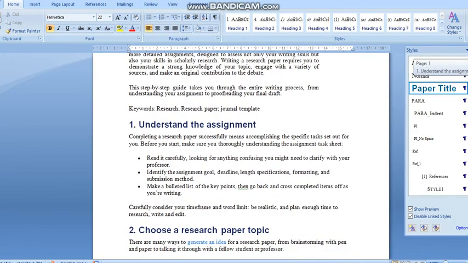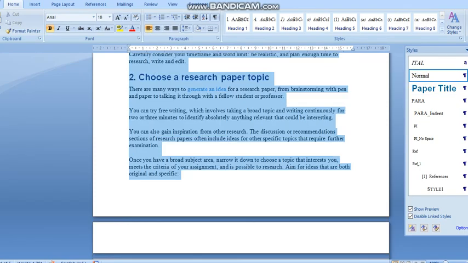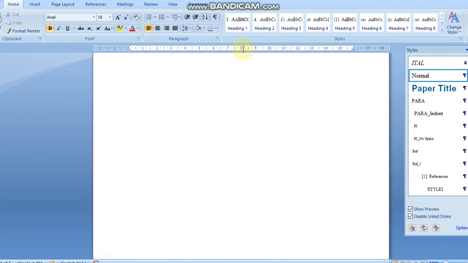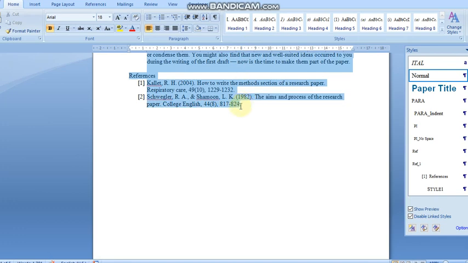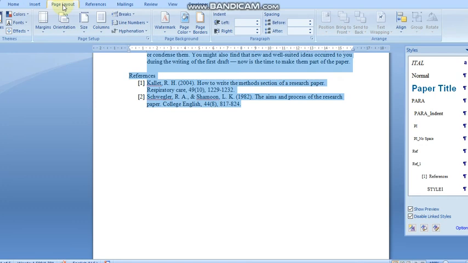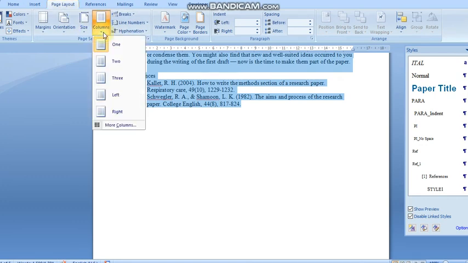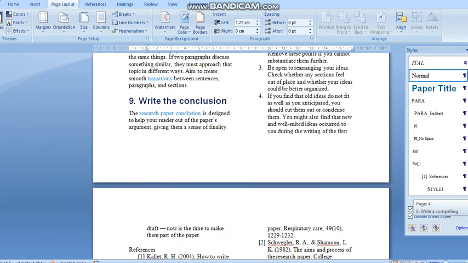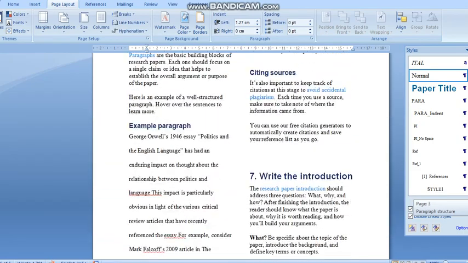That double column we cannot obtain by this template, we have to do it manually. It is not a difficult process. Just select all the parts which we have to put in double column and then move on to page layout. Here they have given the columns button. In that they have given two. Just click two and delete this. And now you can see the paper has moved to two columns.